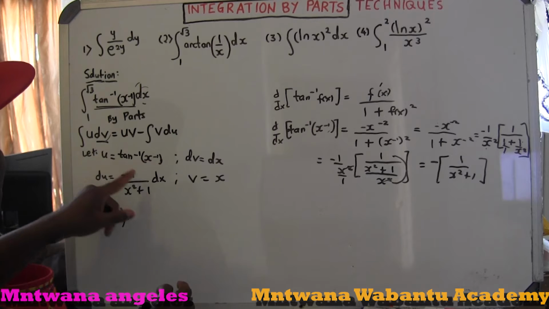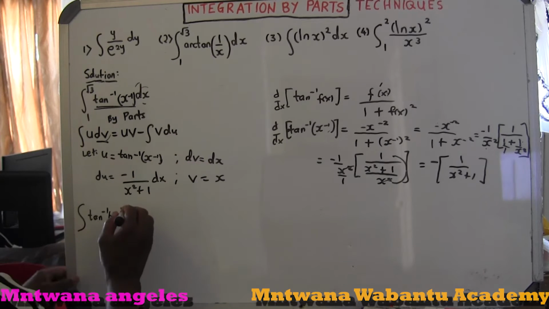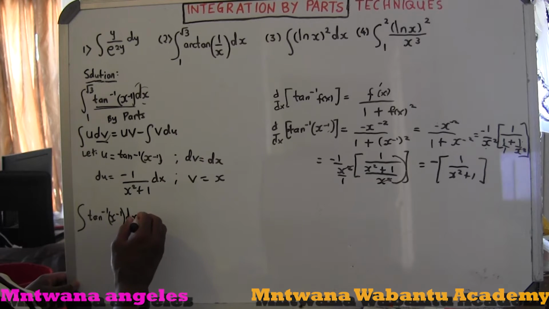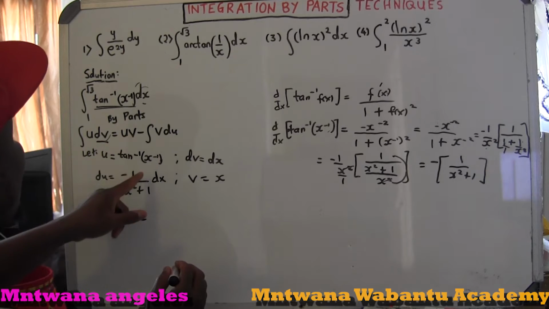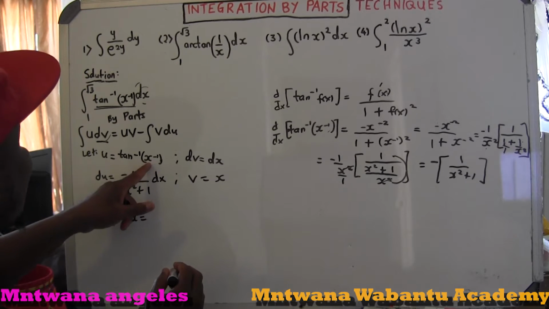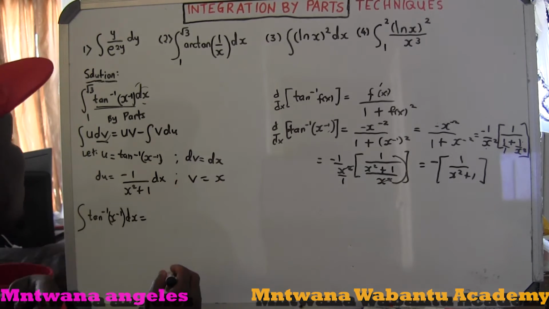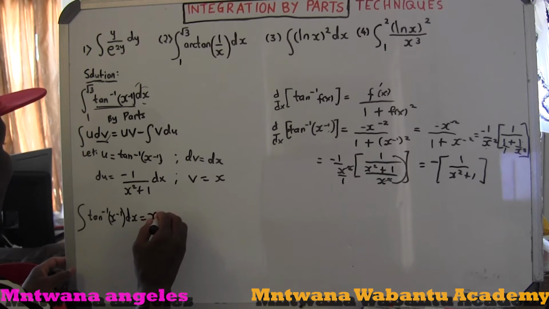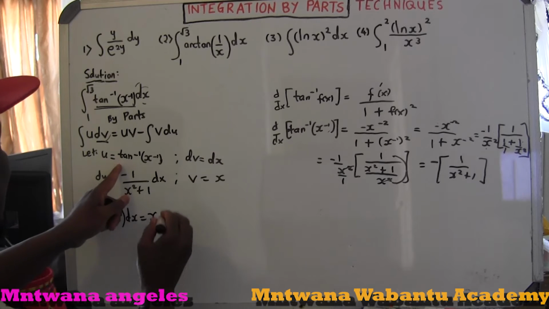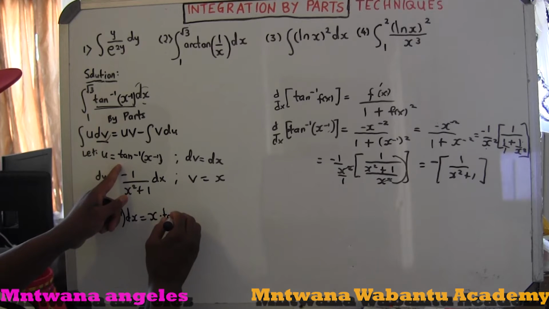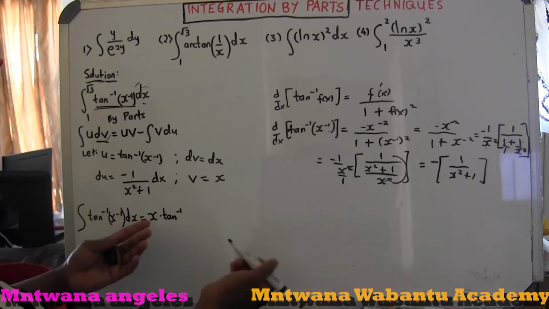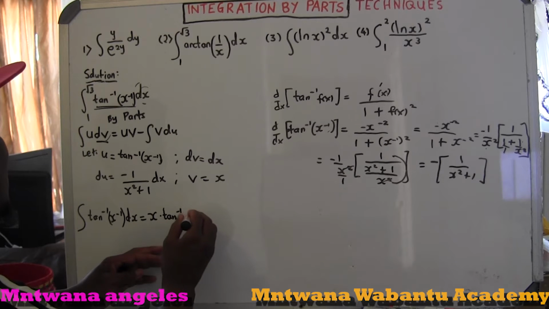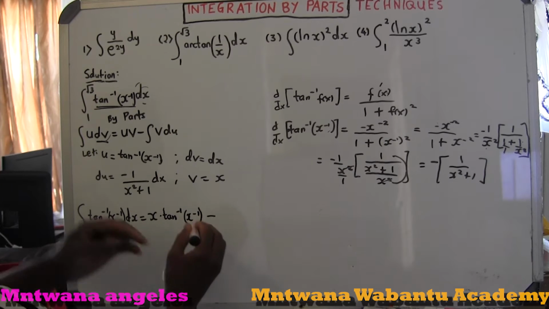So now dv. What is our dv? Our dv equals dx. The integral equals u times v. What is our u? u equals tan inverse of x, times v, which is x. Most of the time I encourage you to write your x there, or whichever letter you have, times u times v, and there you go: tan inverse of 1 over x. You can say x inverse for now, or 1 over x, the same thing, minus